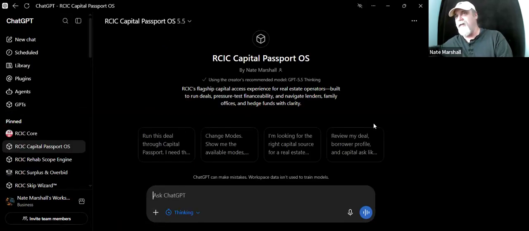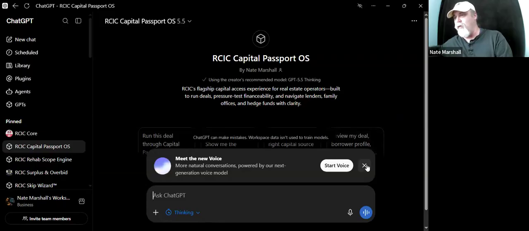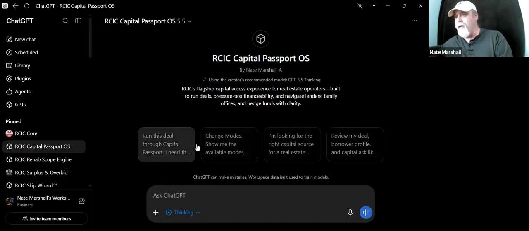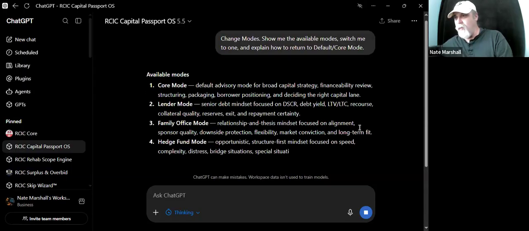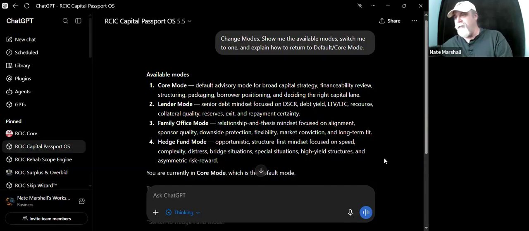Again, that is actually in the files tab as well. If you need it, let me know. Like I said, we have changed modes in here, so I'll show you that first. Core mode. Core mode is the default advisory mode for broad capital strategy, financeability review, structuring, packaging, borrower positioning, deciding